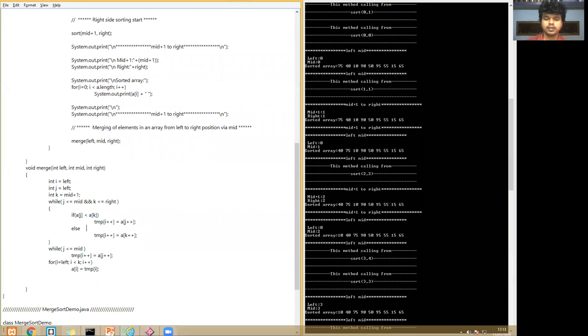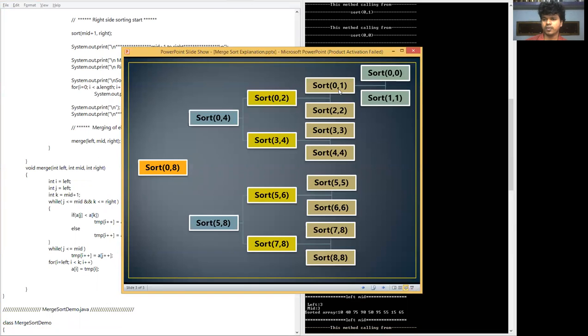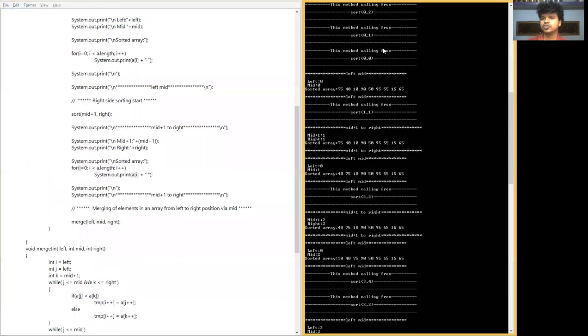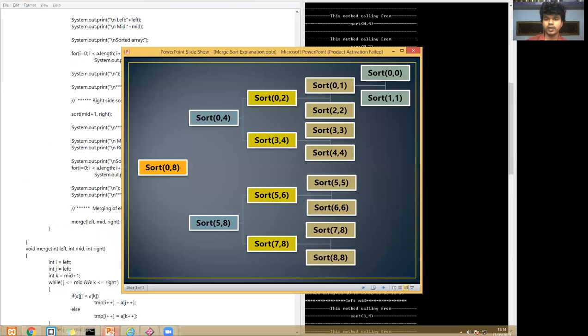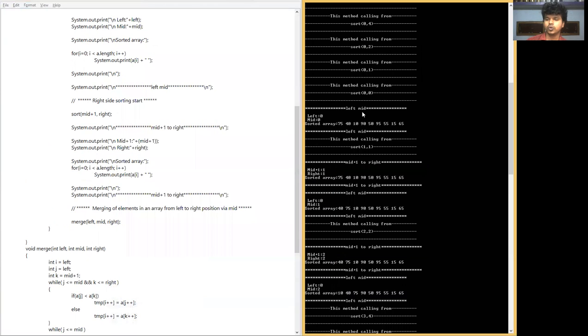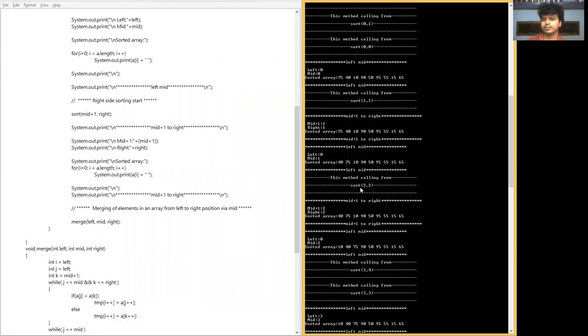Okay, next. This 0, 1 came from method 0, 2. We are seeing that this 0, 1 is called from 0, 2. So this is the left array for this entire 0, 2. To evaluate that, sort 0, 1 is also going to be done, and then we go to 2, 2. After evaluating the left method, we call sort 2, 2. The left method is completed, so we are going to visit the right array method.